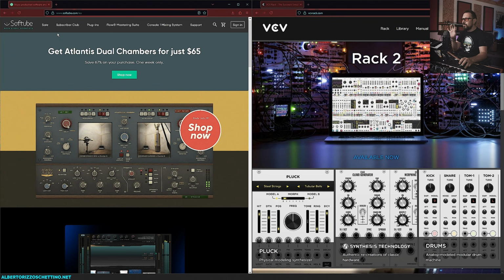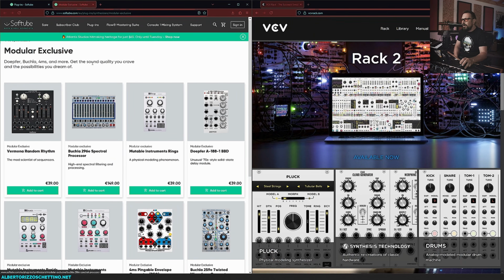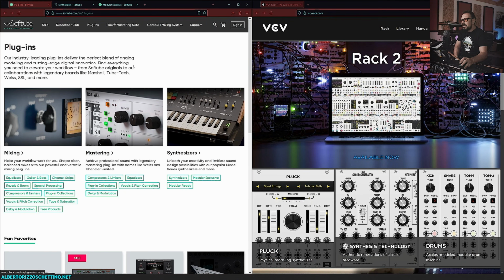And then we're gonna go to their plugins. We're gonna navigate through these together, and we're gonna get to their synthesizers line. In this synthesizers line, there's modular exclusive or modular ready. So what do we do? I'm gonna go to modular exclusive, but just so you know, some of the products that Softube makes are also going to spill over into your Softube Modular instance. So you do have to buy Modular, which we're gonna see in another tab right here. Softube Modular by itself, I think maybe it's in the synthesizers page,